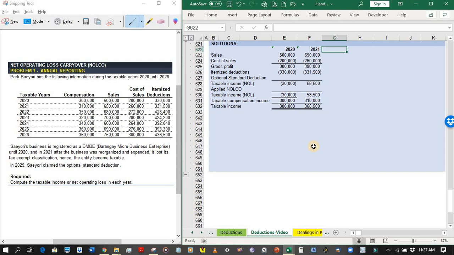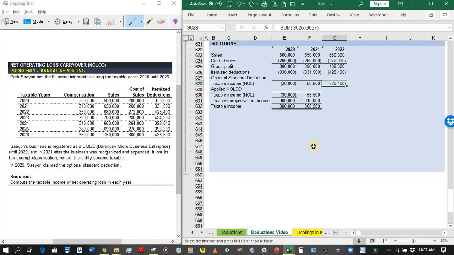So, let's start with 2022. So the sales for 2022 is 680,000. Then let us deduct the cost of sales. So we have a gross profit of 408,000 pesos. Again, the expenses will pertain to the itemized deductions of 428,400. And again, in 2022, the itemized deductions is greater than the gross profits. So we have a net operating loss of